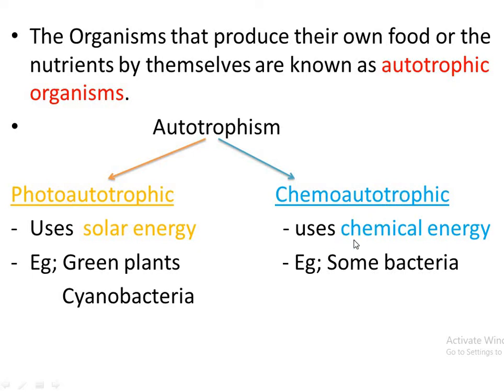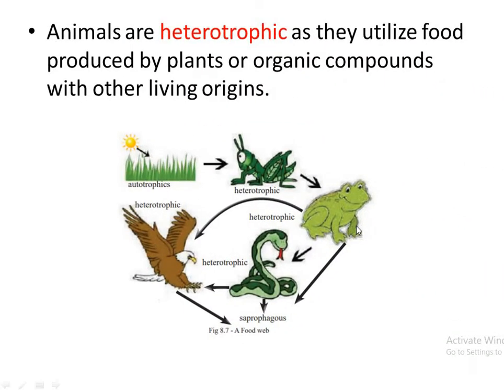Chemoautotrophic organisms use chemical energy. They use various chemicals and produce their own food. Normally some bacteria are chemoautotrophic. Now if an animal utilizes food produced by these autotrophic organisms, for instance plants, or organic compounds from other living organisms, we call them heterotrophic organisms. We humans eat plants and different other organisms, so we are heterotrophic. We don't produce our own food by ourselves, but we simply consume